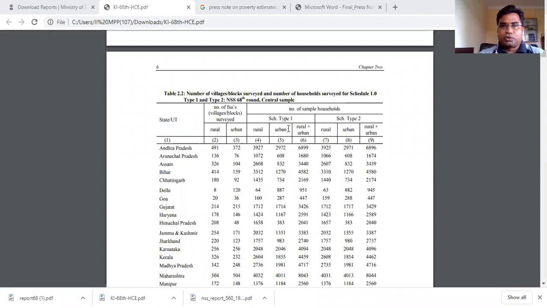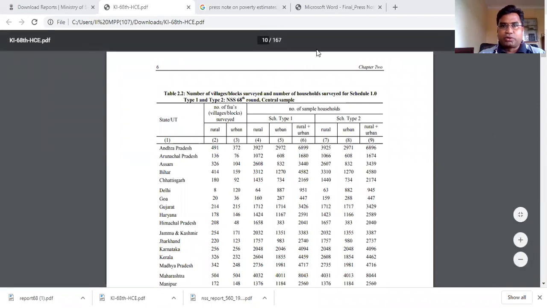So in the table which I have shown you, table number 2.2, let us go there and see what best we can do from that table. I'll share this report once again here. Here you can see the table number 2.2.